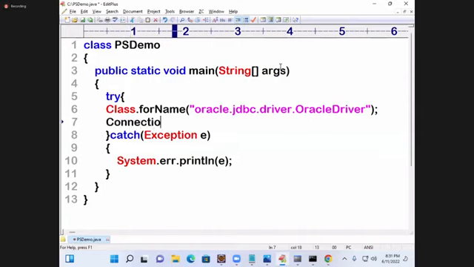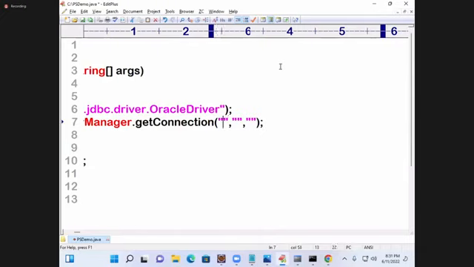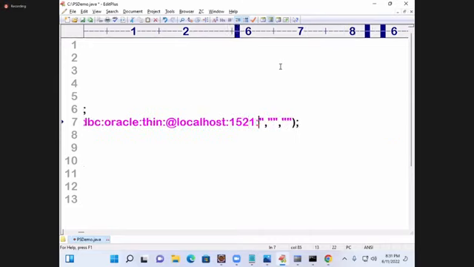For establishing a connection: con equal to DriverManager.getConnection. How many parameters? Which type? String type. What is the first string? URL. What is the URL? jdbc:oracle:thin:@localhost:1521:XE. Now